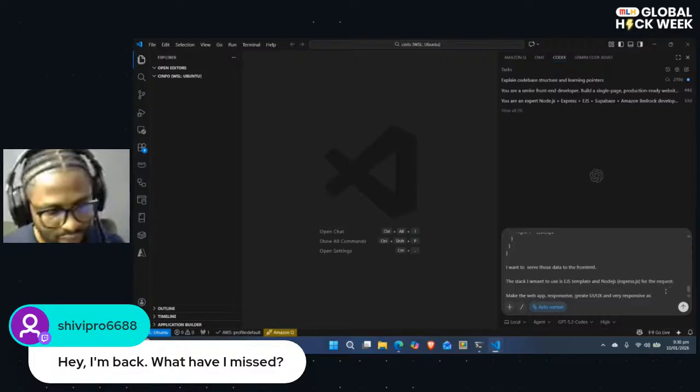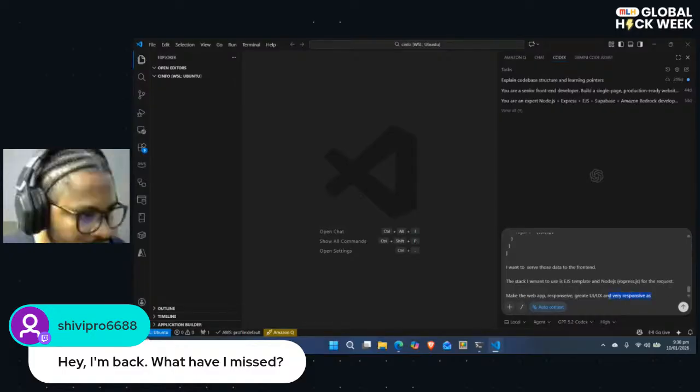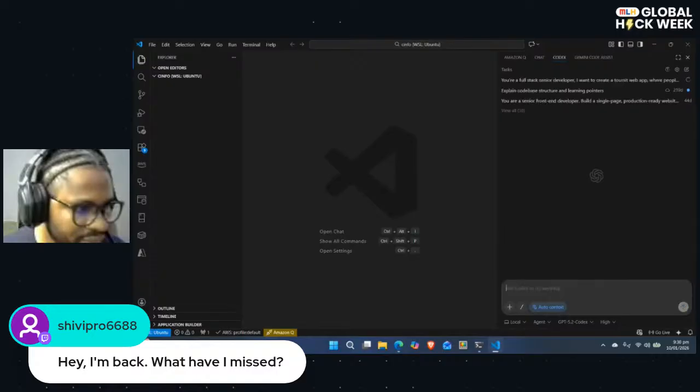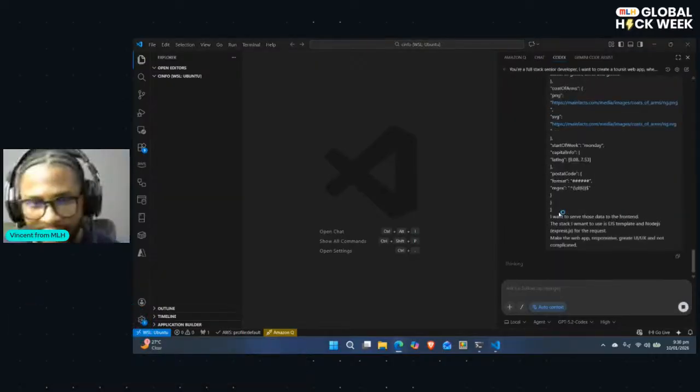Okay, so I said make the web app responsive, great UI/UX. I already said it should be responsive. And nothing complicated. Not complicated. Okay, I think I'm good with this. I'll just go ahead and send that, and let's see what the AI comes up with.